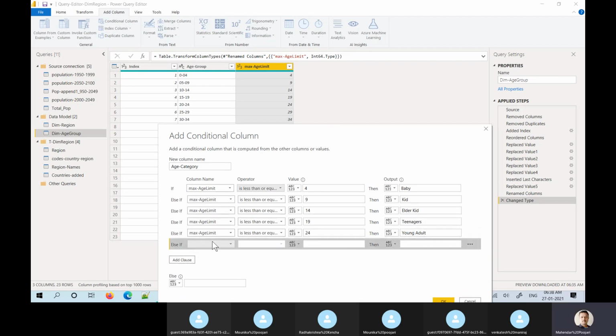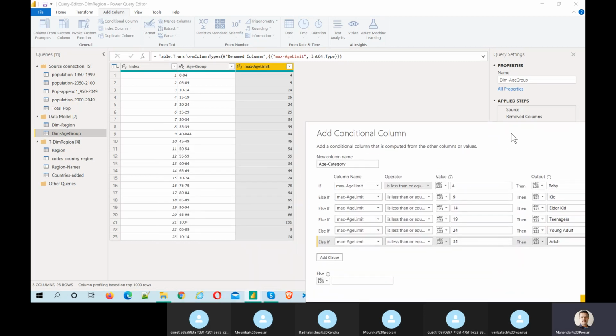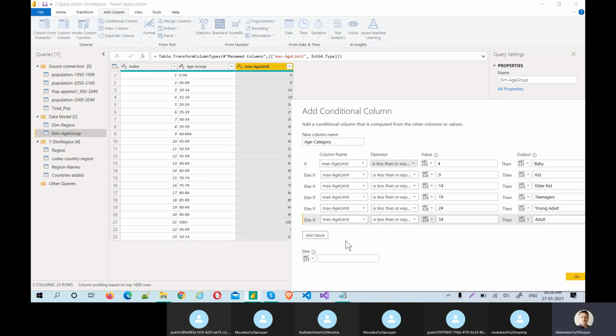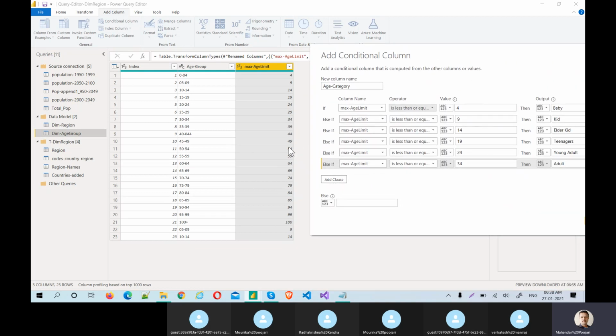Okay, let's give one more conditional column. After 34, less than or equal to 34, adult. And what else we have? 39, 44, 50.